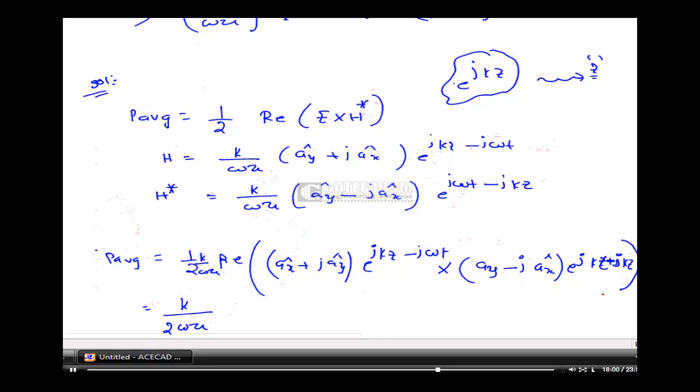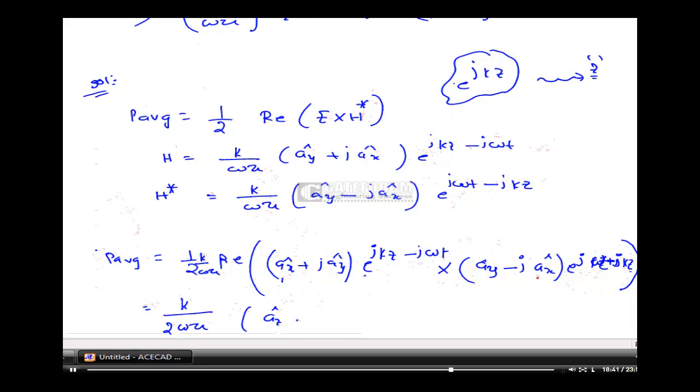Calculate what is this cross of this. Here it is j omega t, not j kz. So Ax cross Ay. Ax cross Ay means Az. Az bar cross Ay multiplied with these two things, e power j kz minus j omega t, e power j omega t minus j kz. So e power j omega t and e power minus j omega t cancel, e power j kz, e power minus j kz, e power 0. So the resultant is 1 only. So the first multiplication factor is Az only, plus